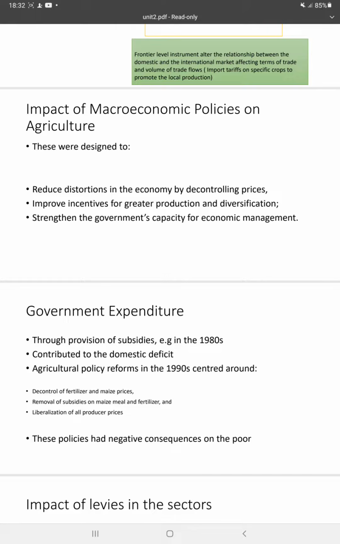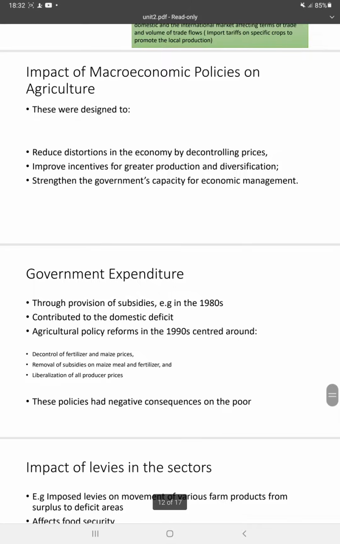Now, the impact of the macroeconomic policies on agriculture. These were actually designed